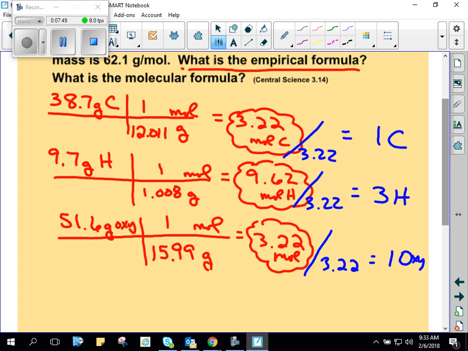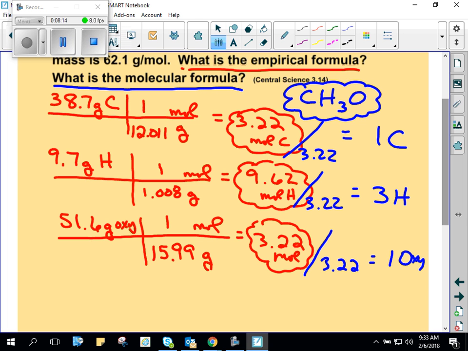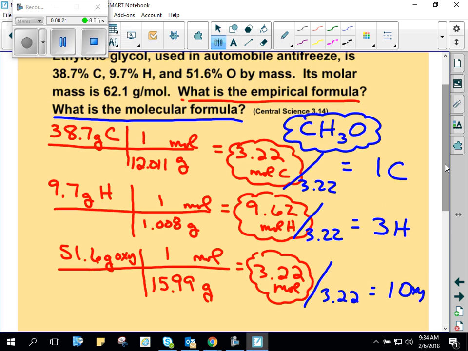So we did that yesterday. This is a good reinforcer for that. So we found the first answer. What is the empirical formula? The empirical formula is CH3O. That's the empirical formula. The next step is, what is the molecular formula? We learned that step today. So we take the molar mass that's given for the true formula, which is 62.1,